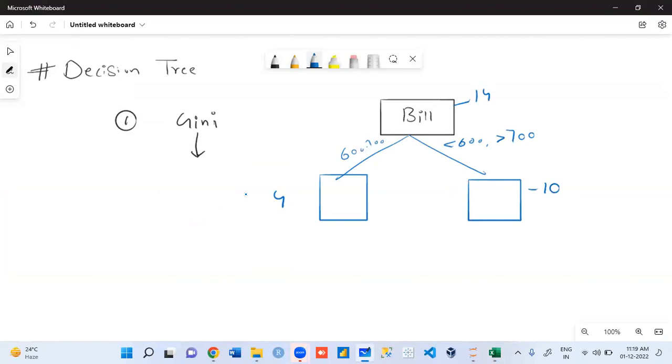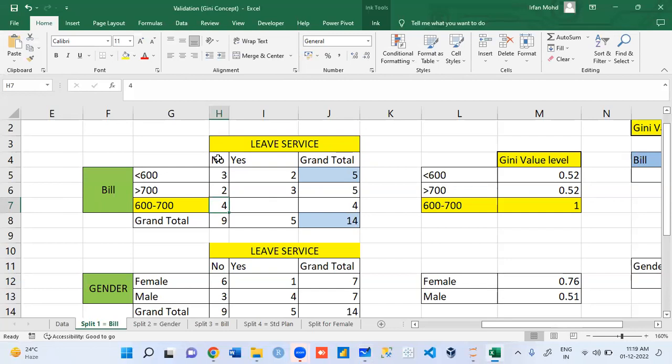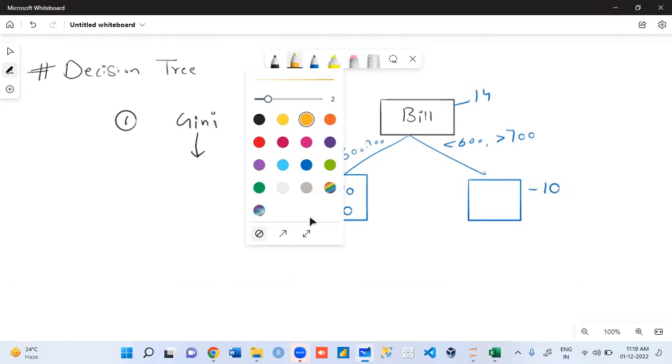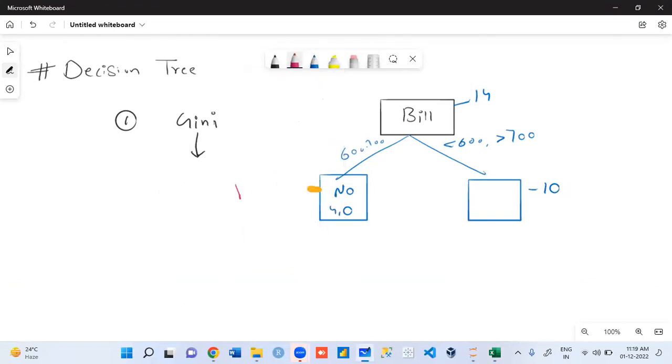नाउ यहाँ पे कितने हैं? 4 रोज एंड एवरी 4 रोज इज नो. तो इसका सीक्वेंस ऑर्डर ऐसे है 4,0. 4 is more or 0 is more? 4. And 4 is called as no. The answer will come as. So can we call this is homogeneous? Every person coming over here is no over here. So we call this is homogeneous.